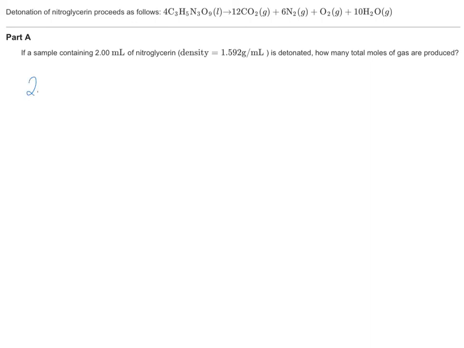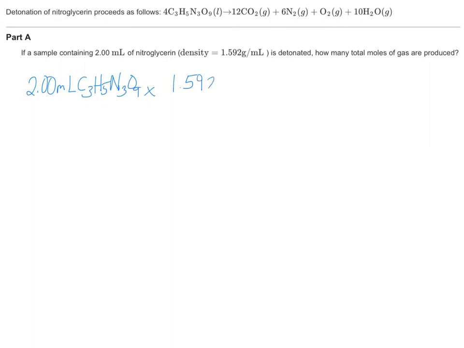So this is a basic stoichiometry problem. We're given an amount, in this case volume, of nitroglycerin. It's a liquid, and we want to know how many moles of gas are produced. Typically in stoichiometry problems it asks about a particular product, but in this case it's asking about all of the